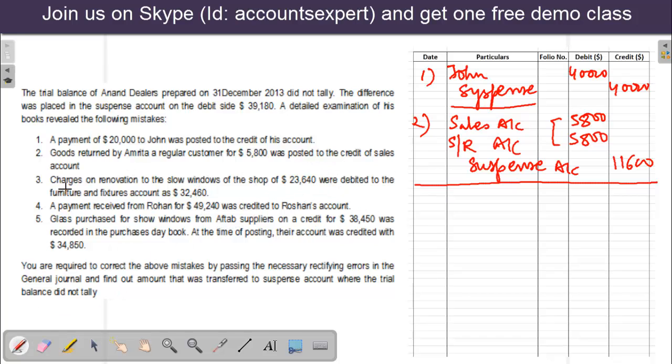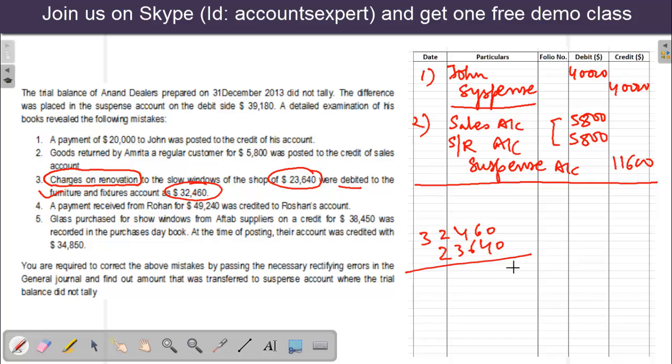One thing understood. Charges on renovation, so this is capital expenditure. So obviously furniture and fixtures account will be debited, and we debited also. But instead of this amount, we debited furniture and fixtures with this much amount, extra debited. And how much extra debited? We are to debit with only 23,640, but we debited furniture and fixtures account with 32,460. So how much extra amount? This is the extra amount,